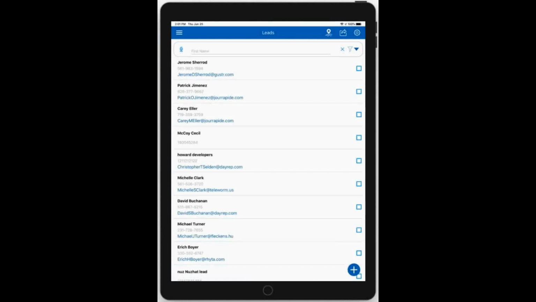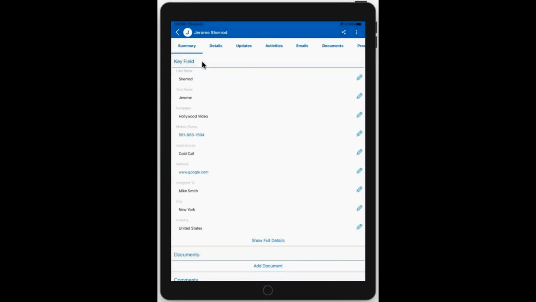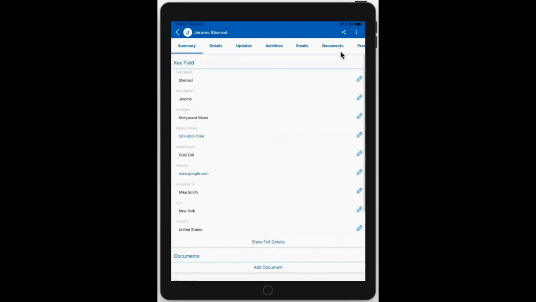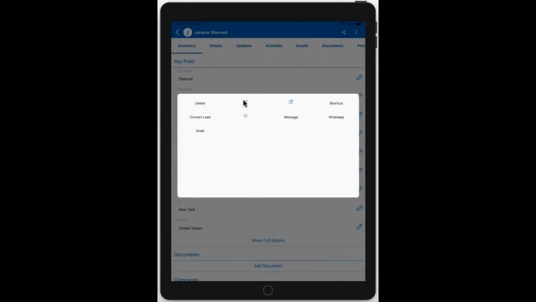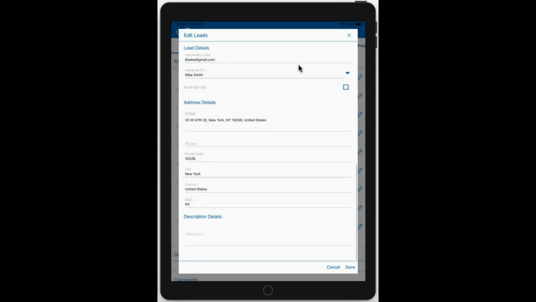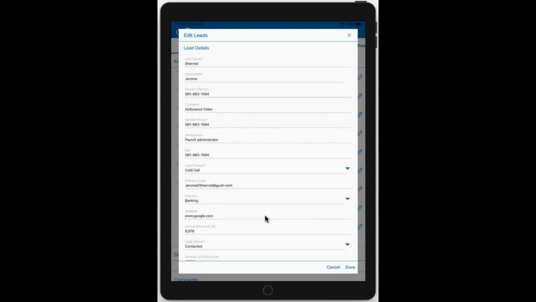Now user, just click on any record like Jaram. Okay, so when he clicks on the record, it displays the record like this in a tablet view. Now edit the record. So when he clicks on edit, it displays the screen in the edit view like this. So this is how the view in the tablet will normally look. Thank you, Nusrat, for the demonstration.